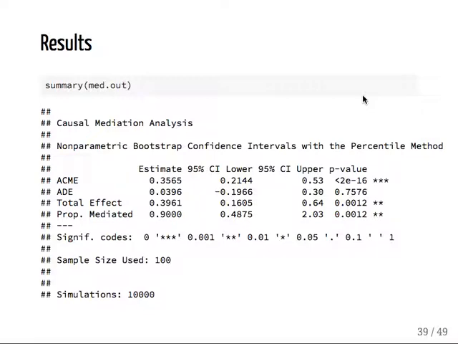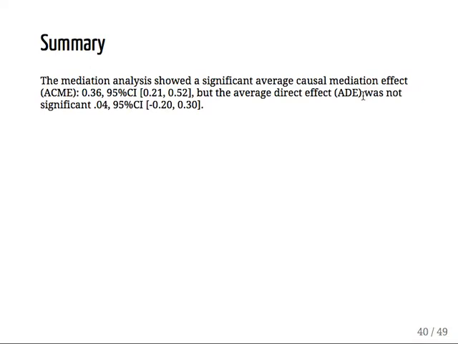So it will then also give us the proportion mediated, and that will be an estimate of 90%, which makes sense because we had 0.4 going to 0.04. So 90% is mediated. Does it print a 95% confidence interval? No, it doesn't for that. Either way, the mediation analysis showed a significant average